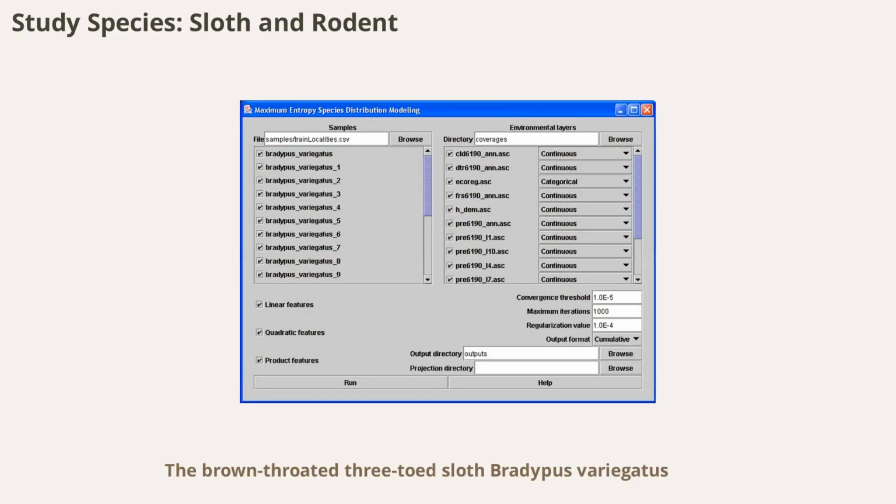The brown-throated three-toed sloth, Bradypus variegatus, is a large arboreal mammal found in lowland forests from Honduras to Argentina. The small rodent Microryzomys minutus inhabits middle to high elevations in the Andes. Both species have well-documented occurrence records, making them ideal for evaluating modeling methods. Their distinct ecological preferences, lowland forests for the sloth and montane habitats for the rodent, provide a robust test for